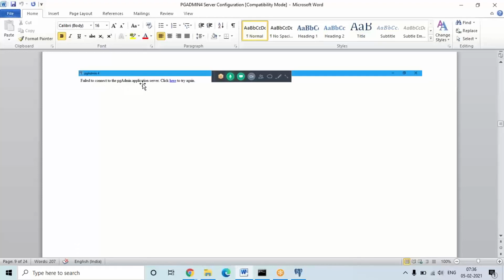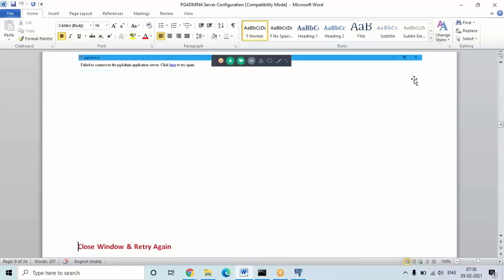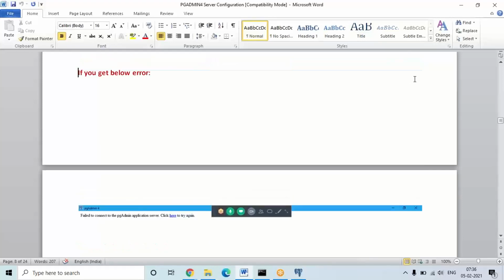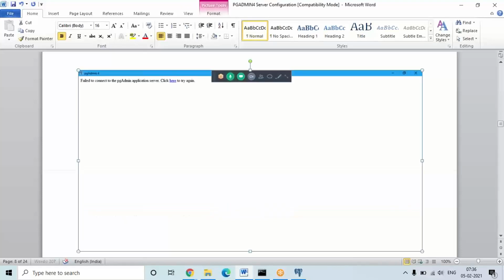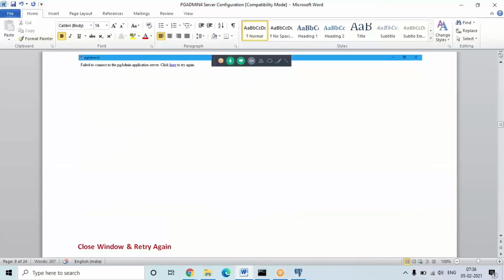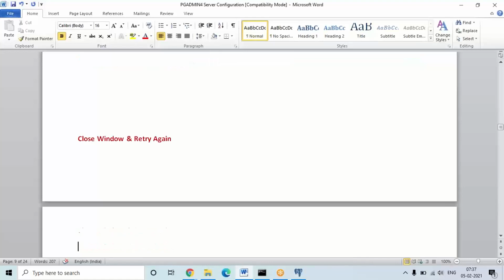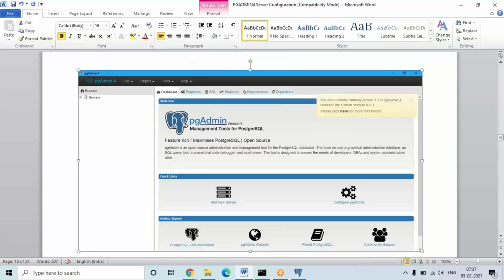The earlier one is a system error, but the below alert or warning is not an error. If you get such an alert, retry, and if it still is not displaying after a few seconds, close the window and retry. Then it will open the window like this.